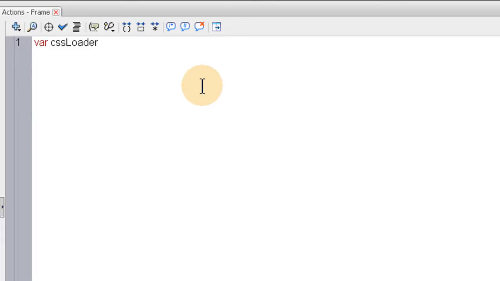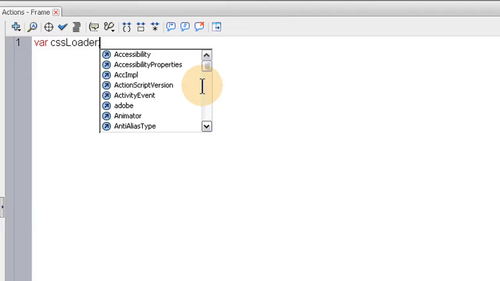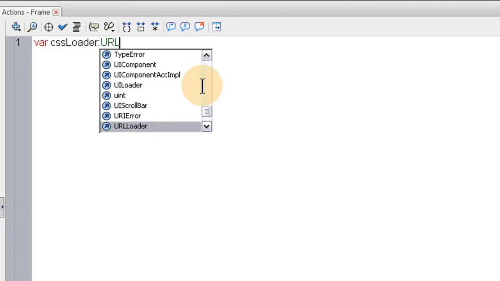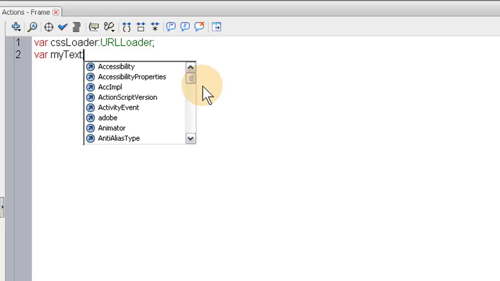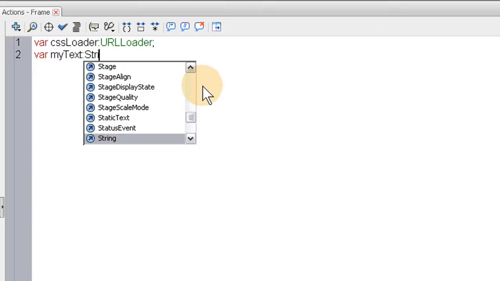Now we'll say colon, and this is a URL loader because we're going to load the CSS from a URL wherever it is on the server. So you say var, and here we're going to put in our text string. This is where you'll see how I pop in the styles. Let's say string equals,